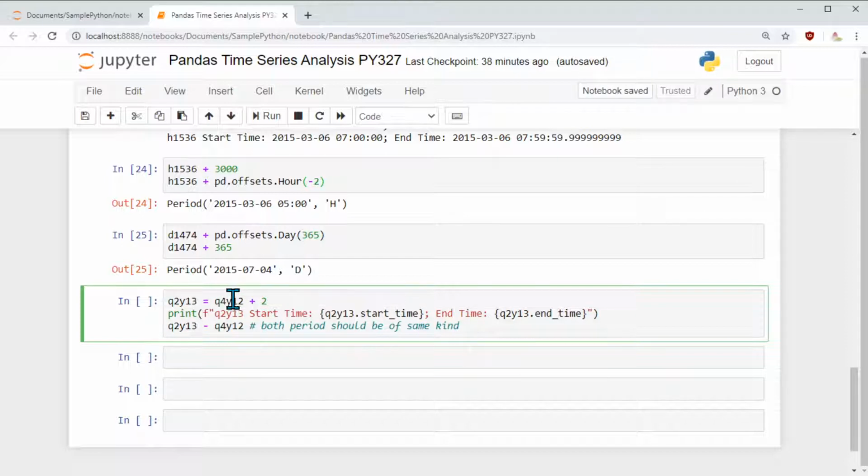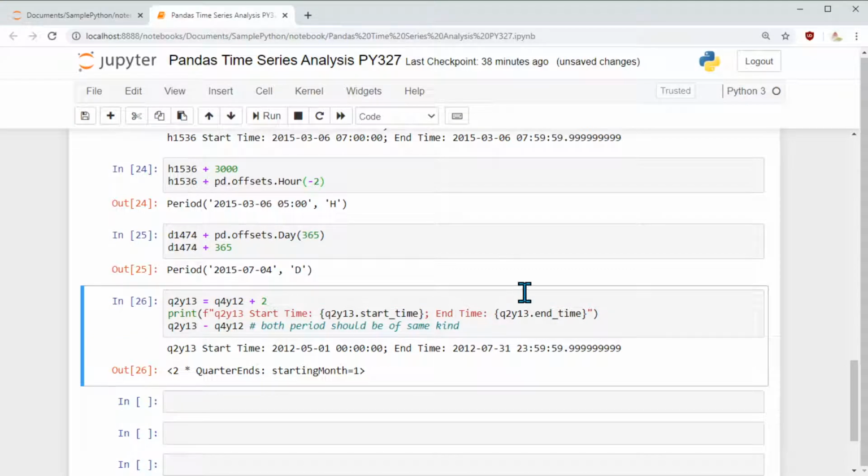When I do the difference, of course I am going to get a difference of 2 periods, and the period is quarterly. If you run this, we can see the same information. Here we can see my period start and end date, and the difference between these two periods is 2 quarters, and the quarter is starting in January.